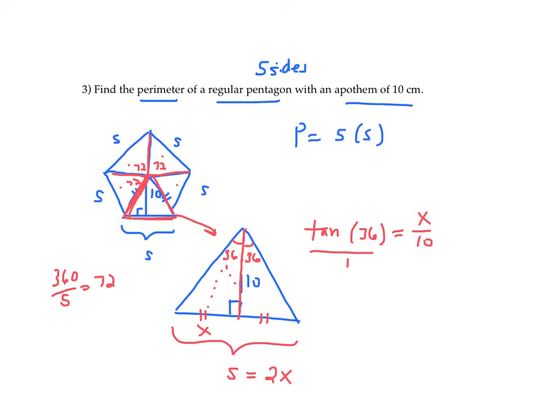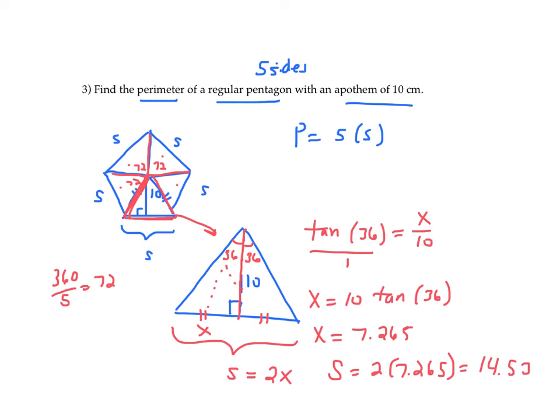Treat it as a proportion and cross multiply, and we get x is equal to 10 tangent of 36 degrees. Okay, which I'm going to put down a few decimal places here. It's 7.265. So our side marked with s would be equal to 2 times 7.265, which is about, let's just say